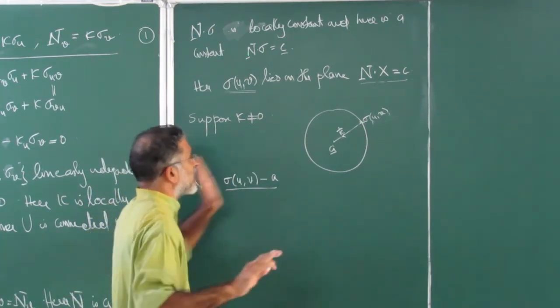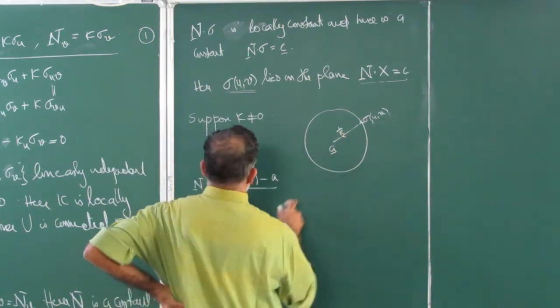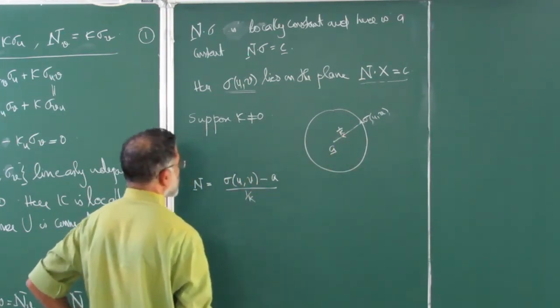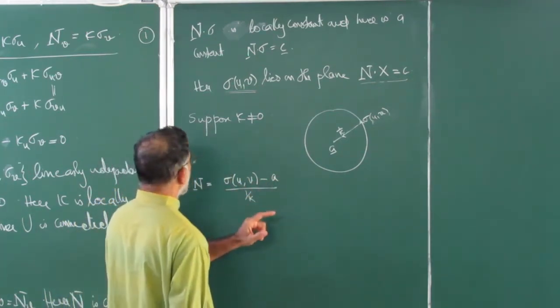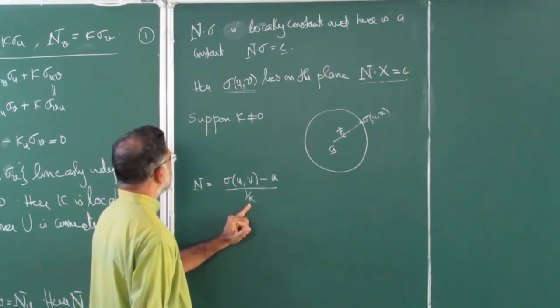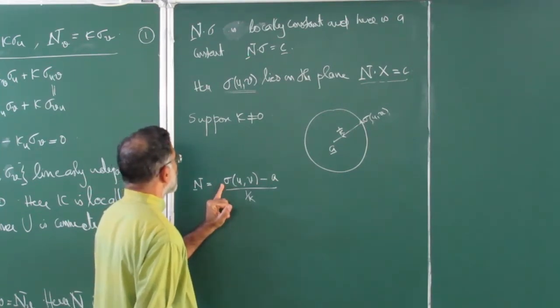I still have not done it. I'm just trying to find out how to get the proof. So divided by the 1 by kappa, something like this I should get. What we don't know is sigma; n we know, kappa we know. So you have to do that.